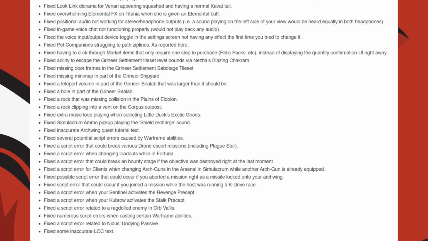overwhelming elemental effects on Titania when she is given an elemental buff, positional audio not working for stereo and headphone outputs, in-game voice chat not functioning properly, the voice input and output device toggle in the settings screen not having any effect the first time you tried to change it, pet companions struggling to pass zip lines. They fixed having to click through market items that only require one step to purchase,